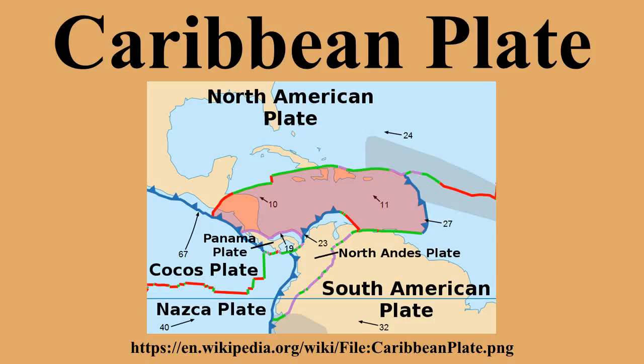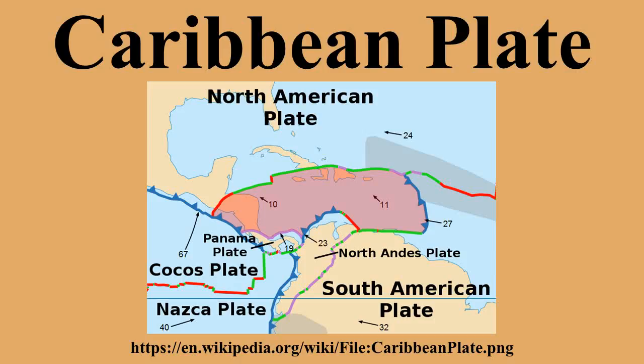Boundary types. The northern boundary with the North American Plate is a transform strike-slip boundary which runs from the border area of Belize, Guatemala, and Honduras in Central America, eastward through the Cayman Trough, south of the southeast coast of Cuba and just north of Hispaniola, Puerto Rico, and the Virgin Islands. Part of the Puerto Rico Trench, the deepest part of the Atlantic Ocean, lies along this border. The Puerto Rico Trench is at a complex transition from the subduction boundary to the south and the transform boundary